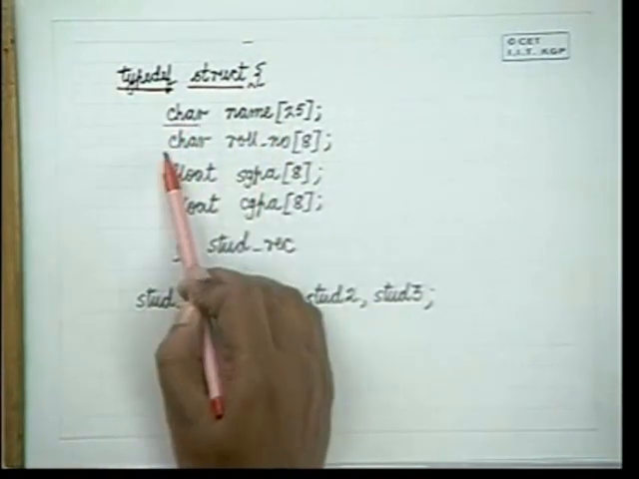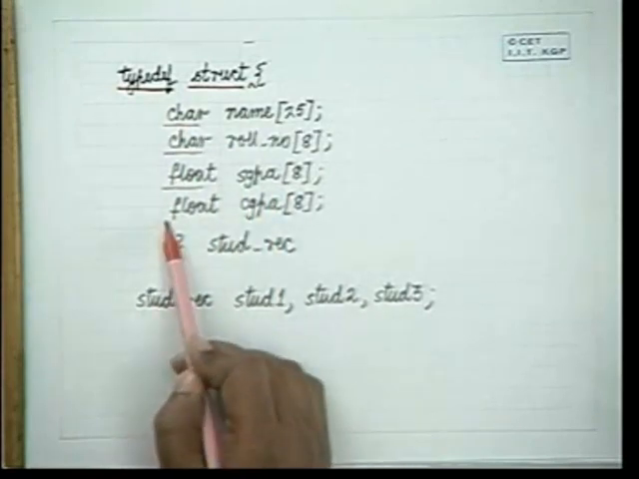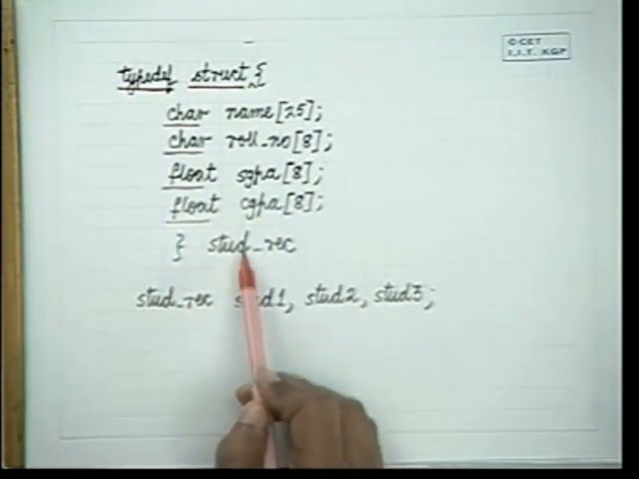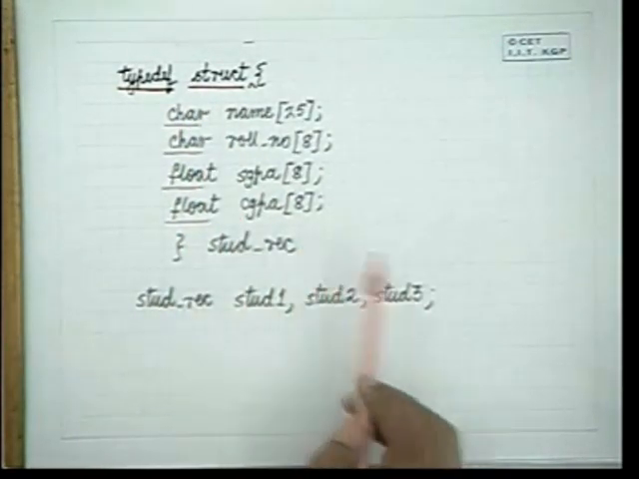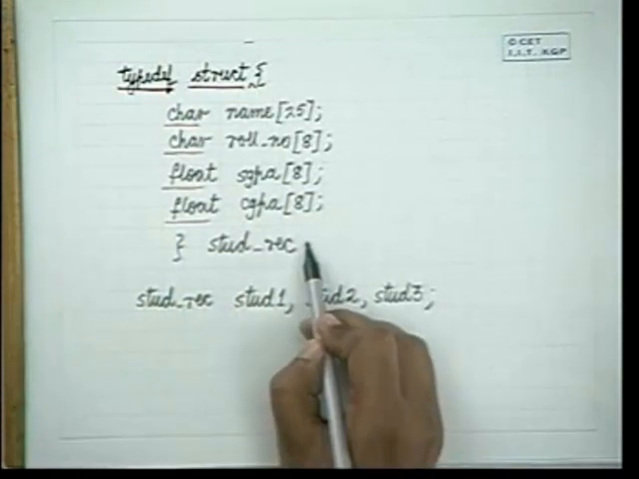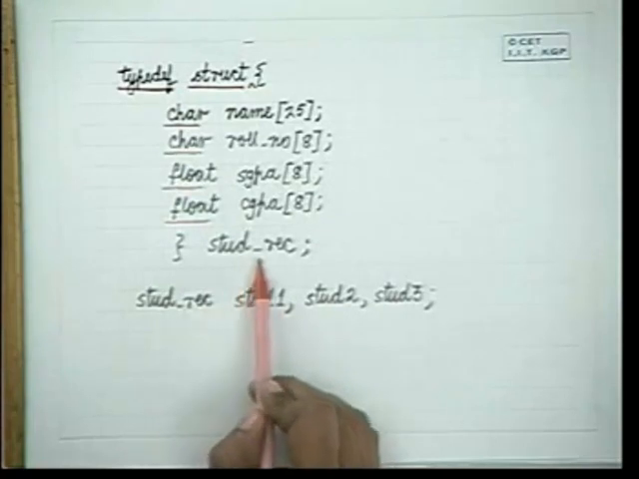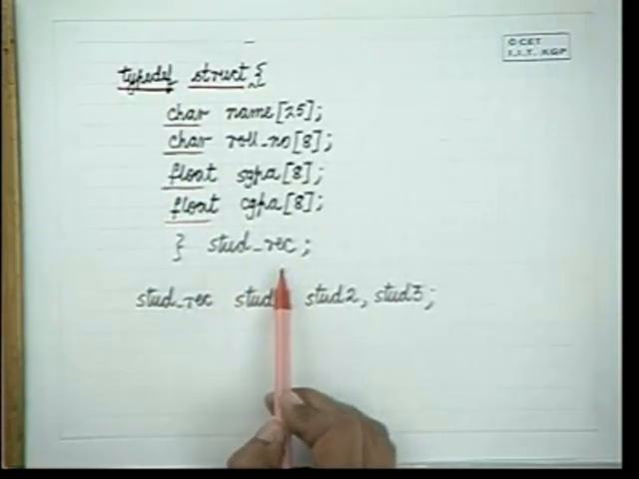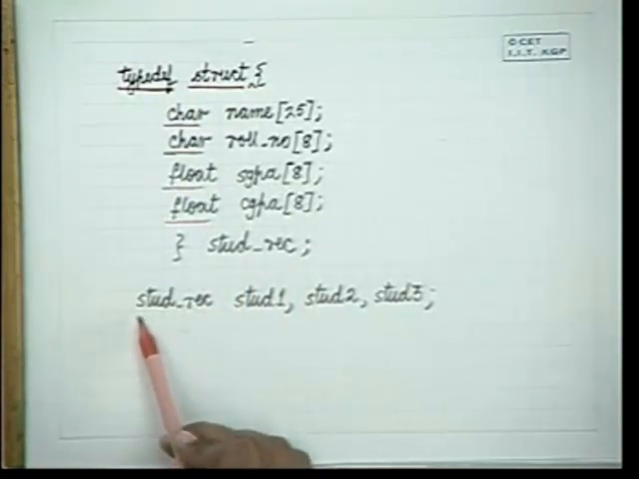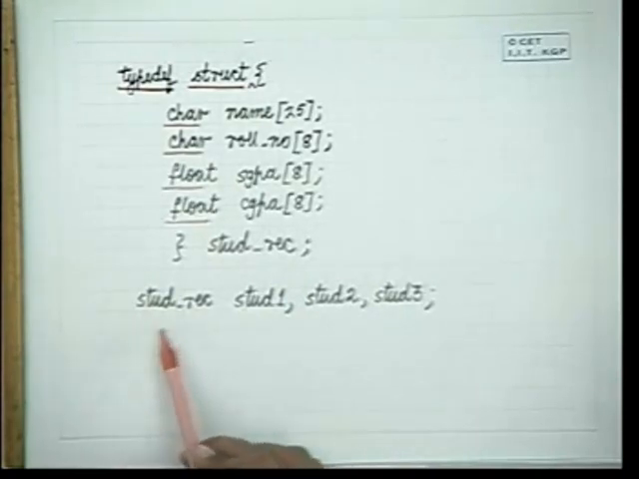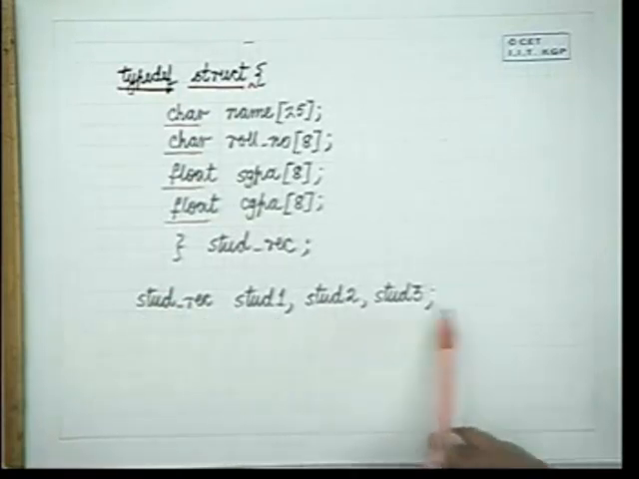Character name, character roll number, float SGPA, float CGPA, and the name of this type is given at the end here. The name of this type is given at the end here, and then you don't have to write struct, you have to just write studrec, like you write int, char, etc. You have to just write the type and then declare your variables. You could also write